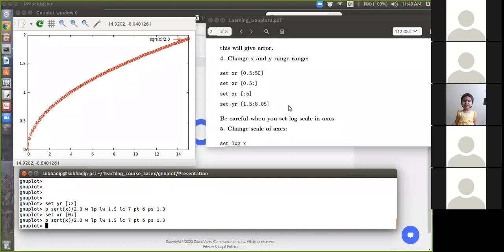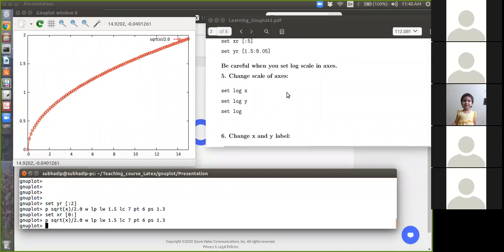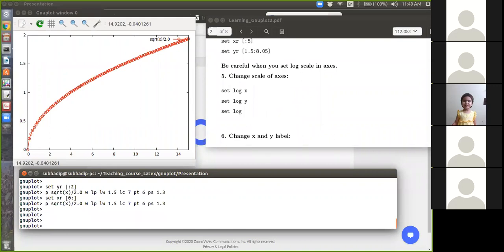I can show you how to change the scale of axis. Let's say I want to scale the Y range only. So set space log space Y, then enter.